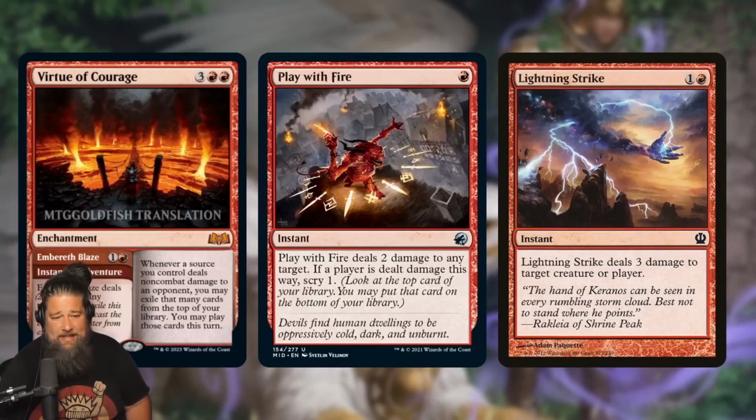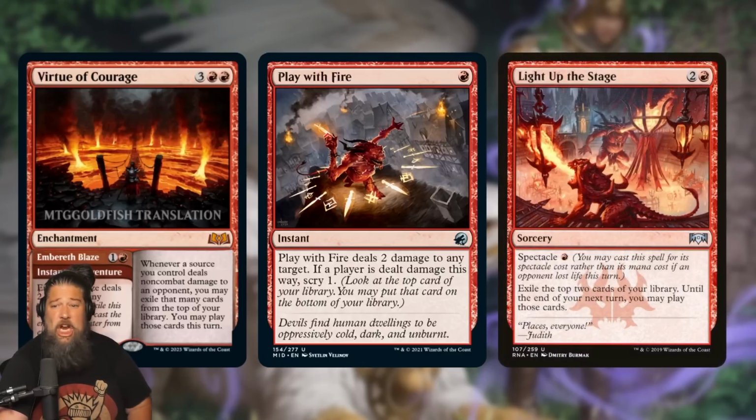red aggro style decks, because in the late game you get down the enchantment side and then all of a sudden your Play with Fires and Lightning Strikes and additional copies of Virtue of Courage turn into ridiculous sources of card advantage. They turn into light up the stages that are dealing damage, and one of the issues with mono red is you tend to dump your hand and run out of cards. This is a card that's okay enough in the early game, and then in the late game it's just going to turn any of your burn spells into a huge burst of card advantage to let you close out the